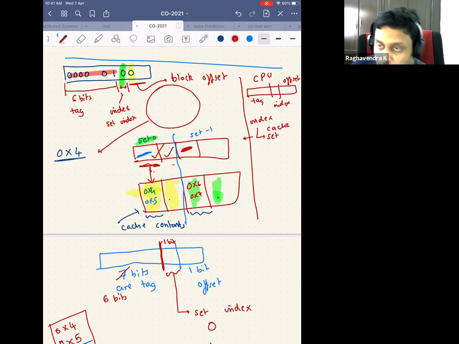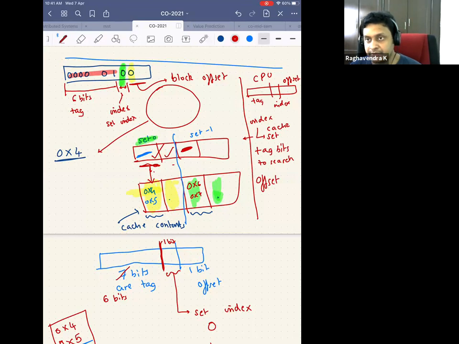I go to the particular set alone and search the tags in that set, because when I'm storing the block, I would have stored it using that index bit. Then I use the tag bits to search, of course in parallel. Once there is a hit, I use the offset to read the byte that the CPU requested.